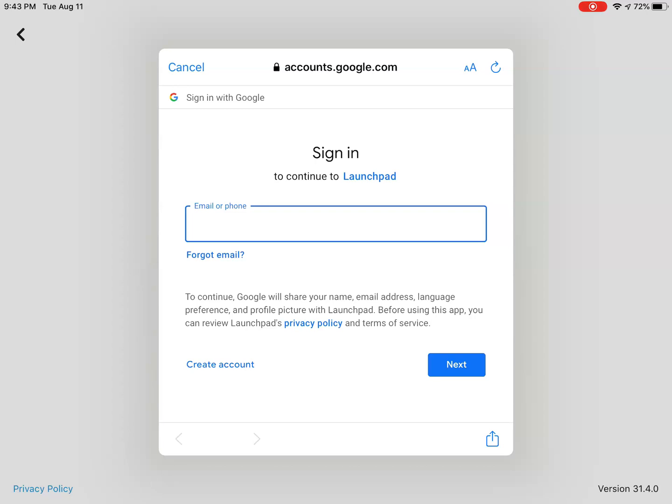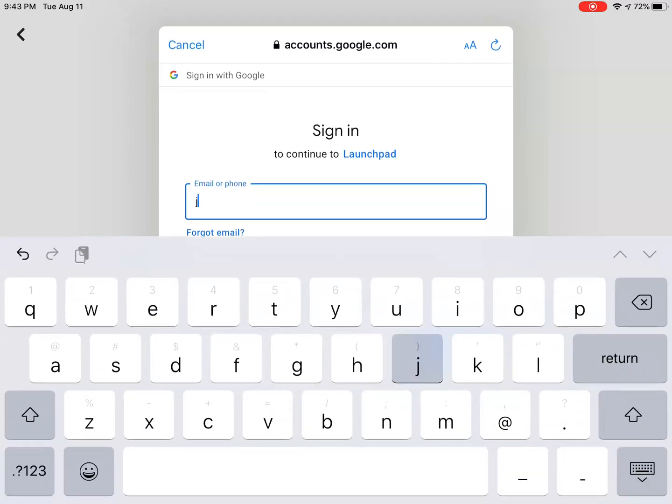District 90 uses a student account format for Google of the student's first name, a period or a dot, and the student's last name with the domain at of90student.net. So let's use, for example, a student named Joe Student. We'll type in Joe's username, which is joe.student